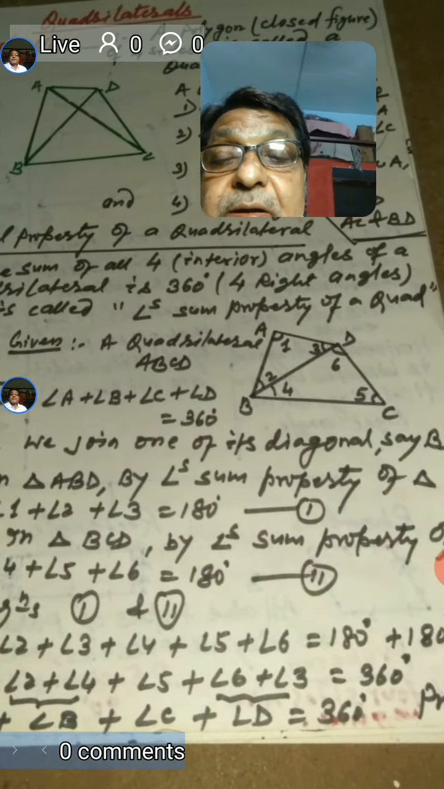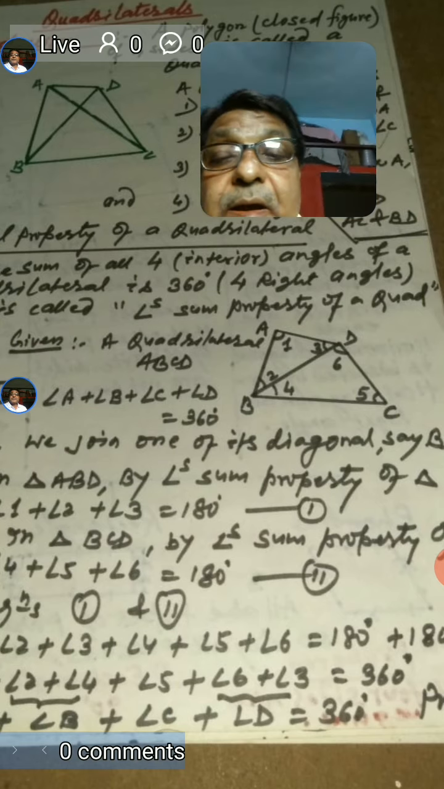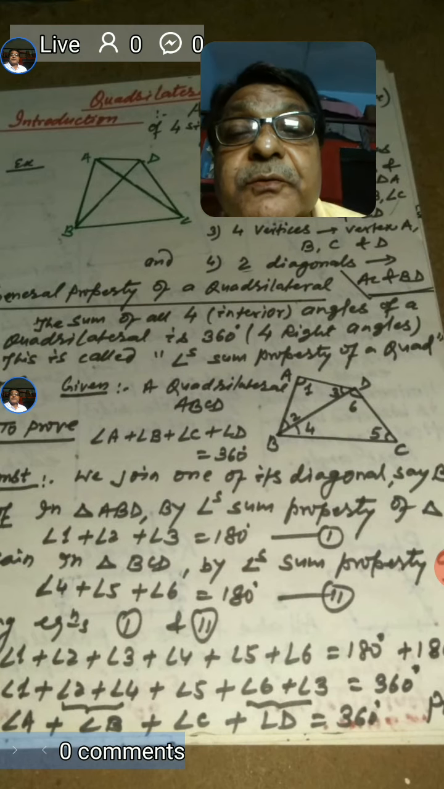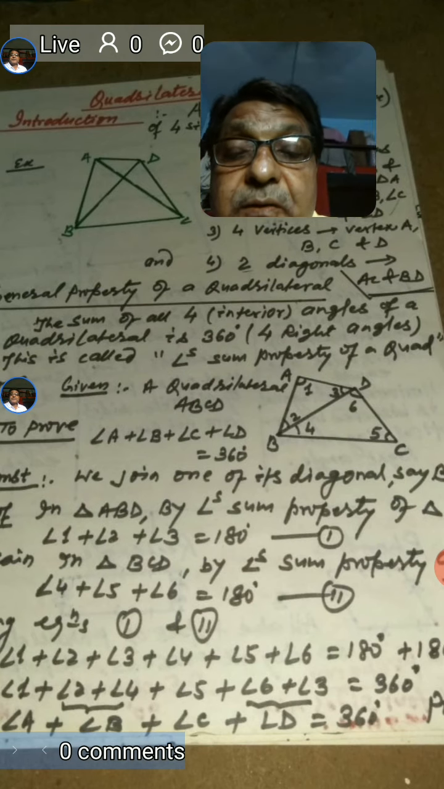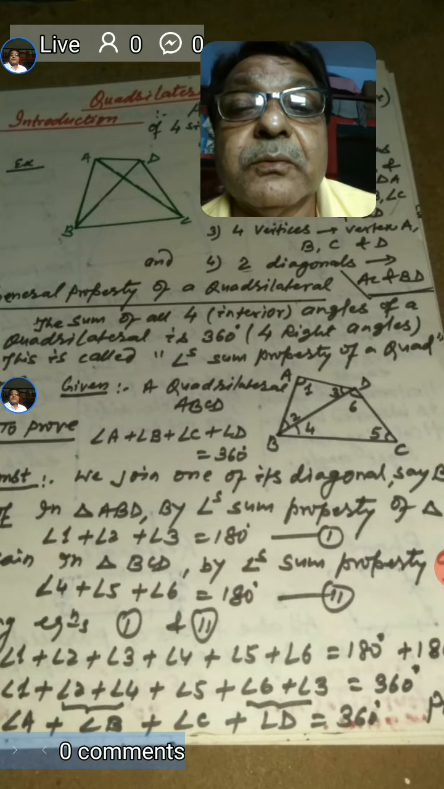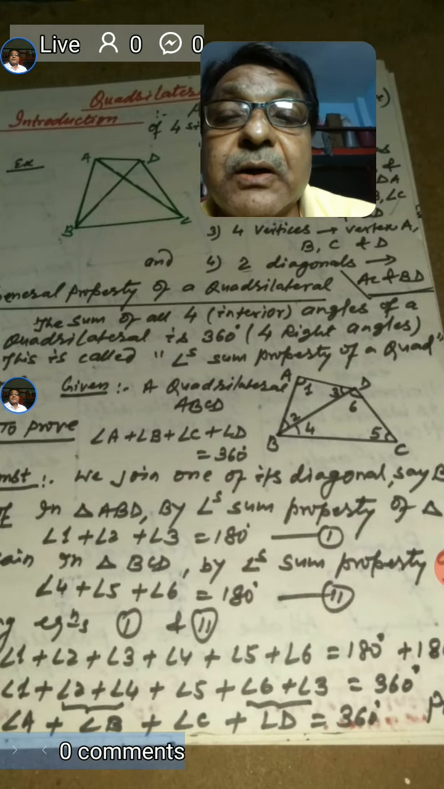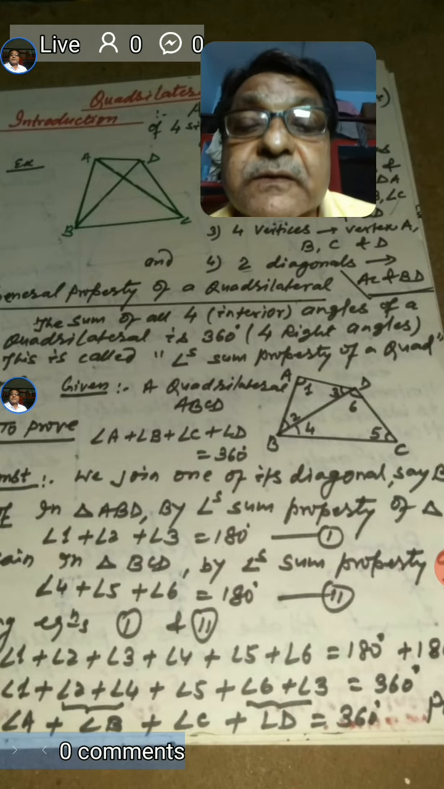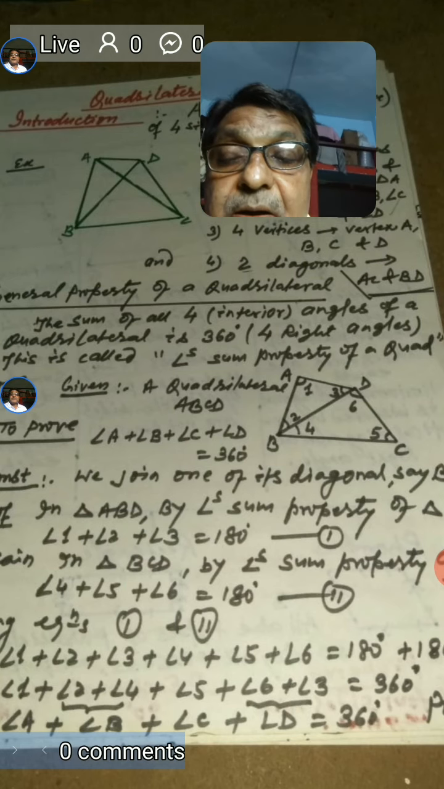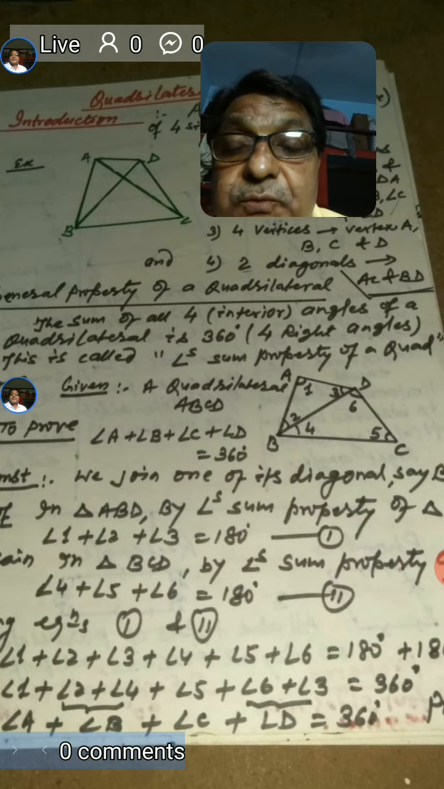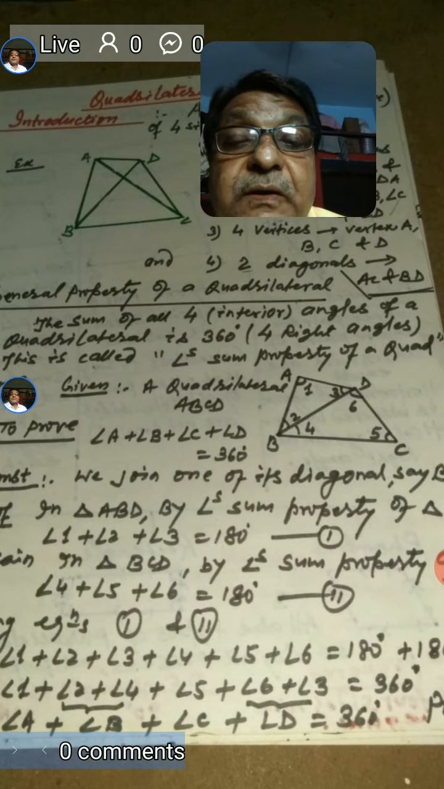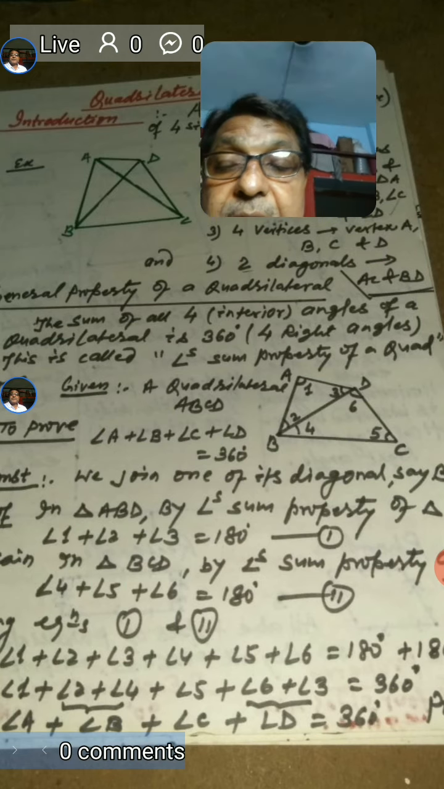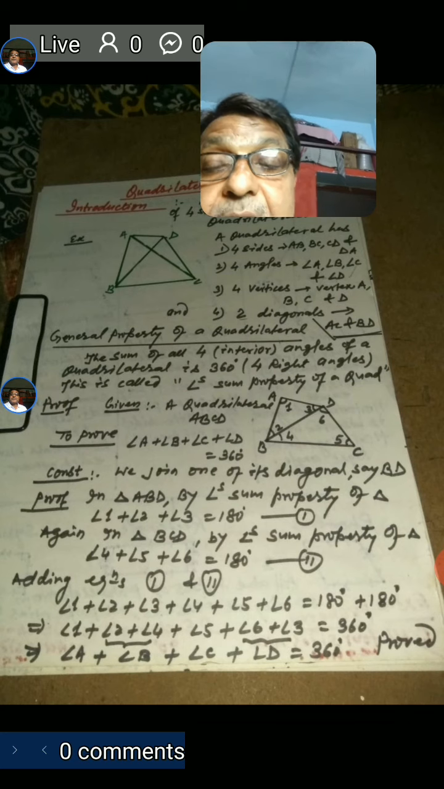triangle BCD, again by angle sum property, the sum of all three angles, which is indicated by angle 4 plus 5 plus 6, is again equal to 180. Now we treat it as equation 2. On adding these two equations, that is LHS with LHS and RHS with RHS, we have angle 1 plus 2 plus 4 plus 5 plus 6 plus 3 is equal to 180 plus 180,